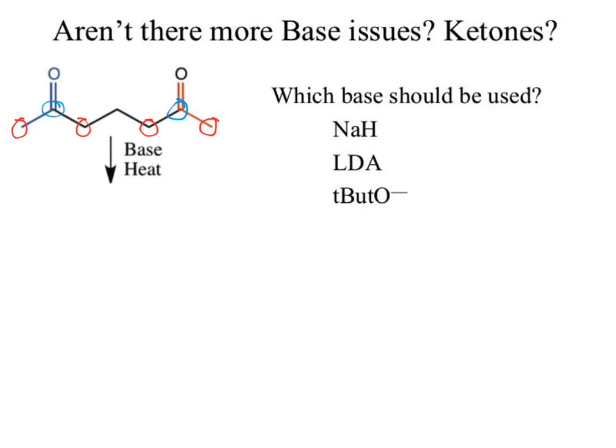The other ones may work and may be more precise or precision-driven with what I was trying to do, but is that precision necessary? If it's not necessary, you should go the cheapest route. T-butoxide is significantly cheaper than the other ones because it's less toxic. So you'll typically see t-butoxide or oxides, some derivation of oxides used. All right, so now what happens in this case? So we've got a base and we've got heat. What is the heat a red flag for?